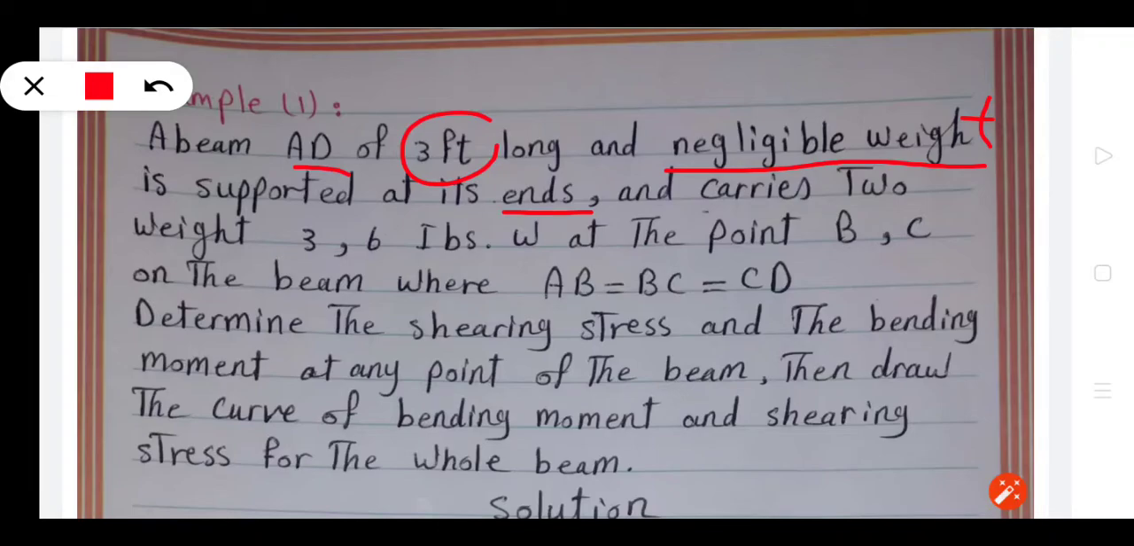So point A and point D are points of support. So we have RA and RD normal reactions. And it carries two weights, 3 and 6, at points B and C. Now we don't know where points B and C are, but we are sure they are between A and D. Given that AB equals BC equals CD, that means every part is equal to 1,